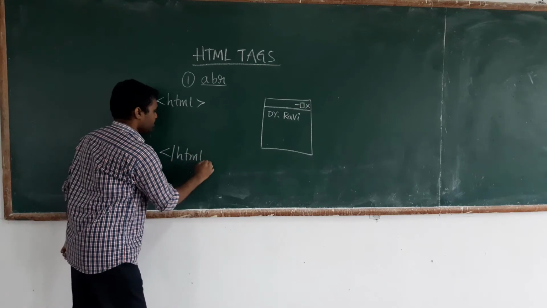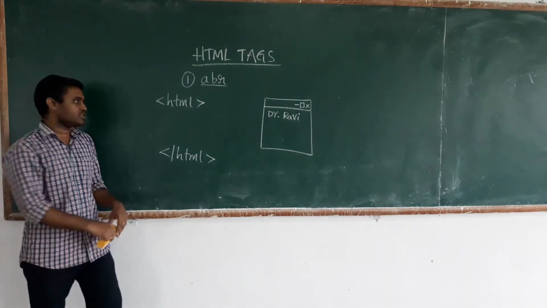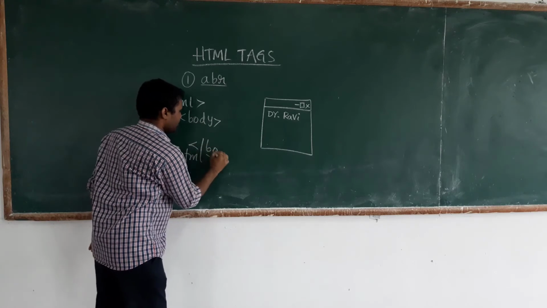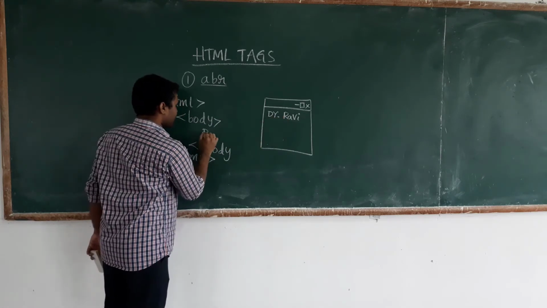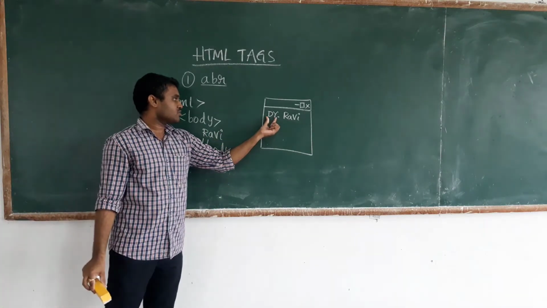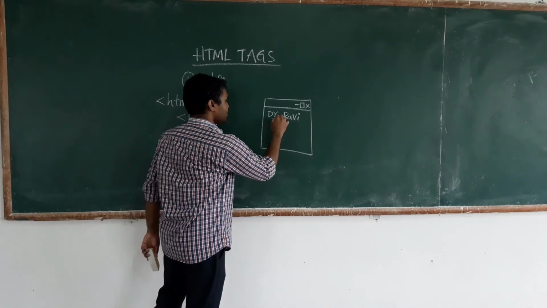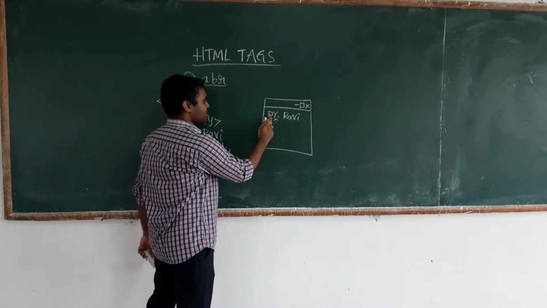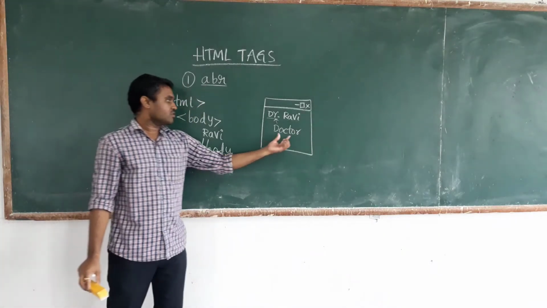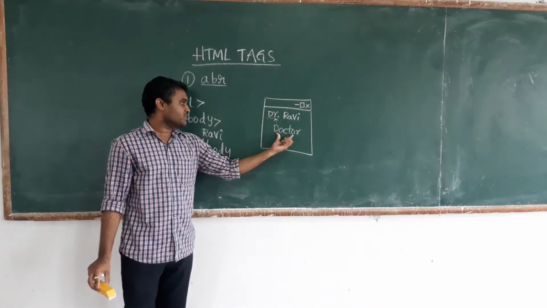<html></html>, which indicates the starting of the HTML page, and </html> indicates the ending of the web page. In this, I am taking a tag called body, ending tag body. Here the text Ravi should be displayed as normal text, and here Dr. So whenever the user places the cursor or mouse pointer on this text, the abbreviation of this Dr is doctor. So this output should be displayed whenever the user places the cursor pointer on this text: doctor.